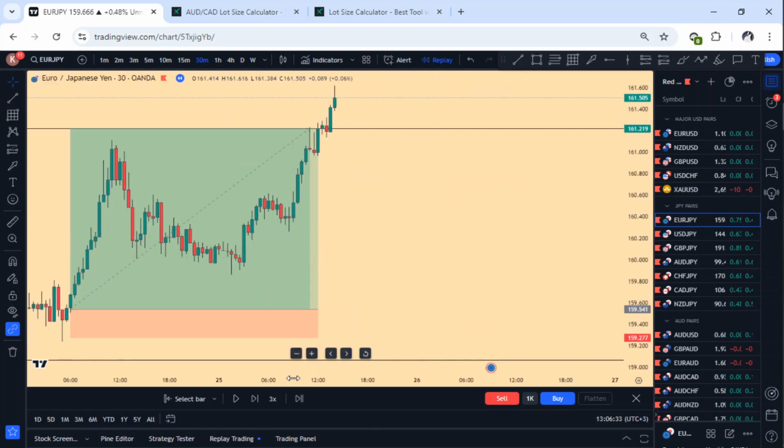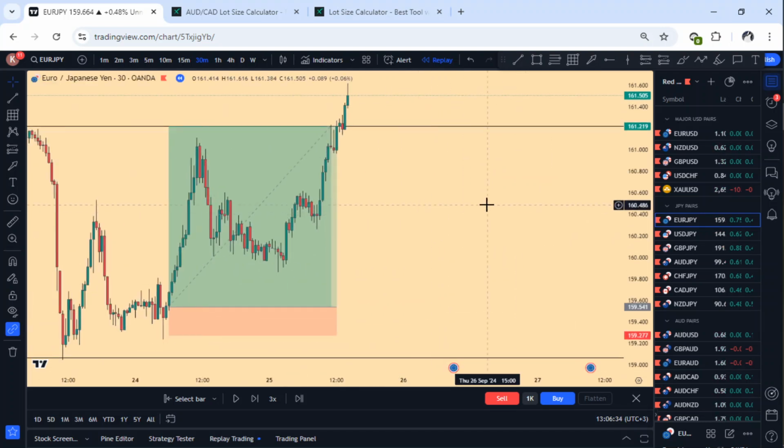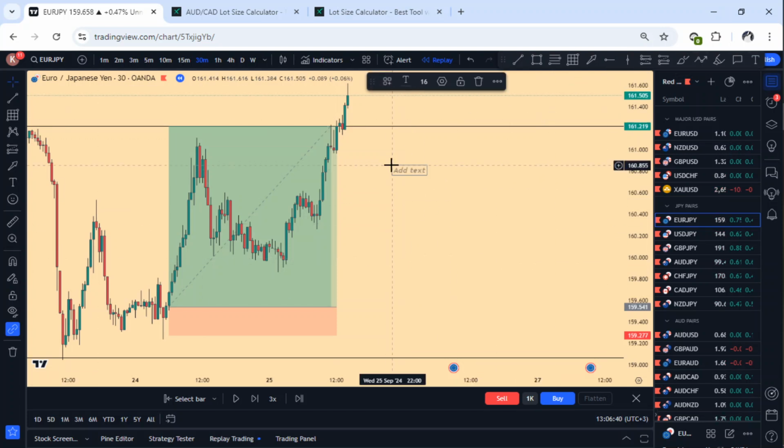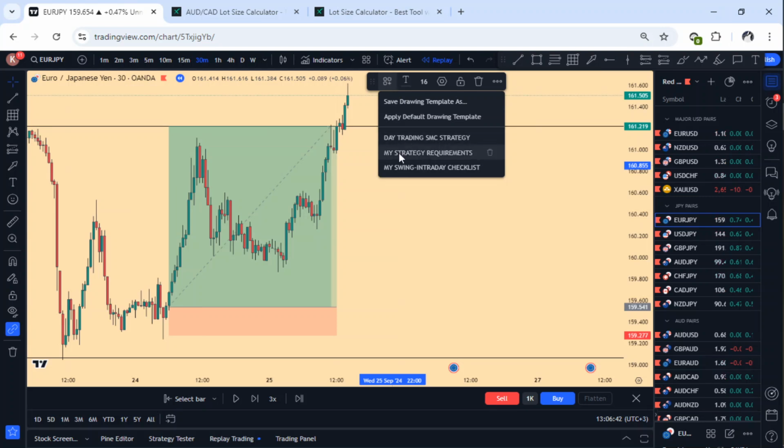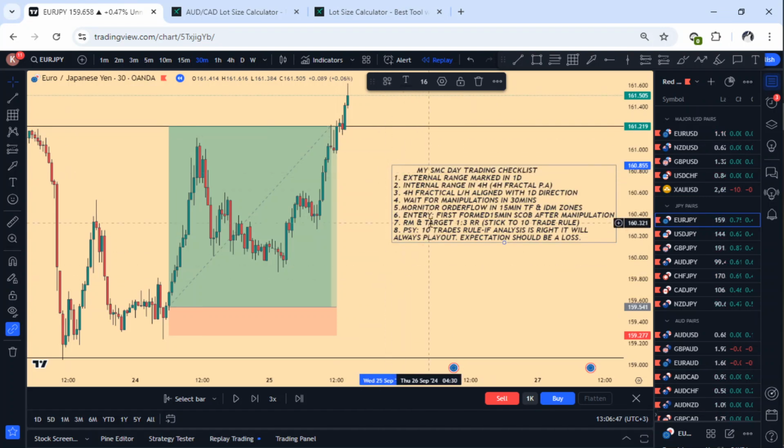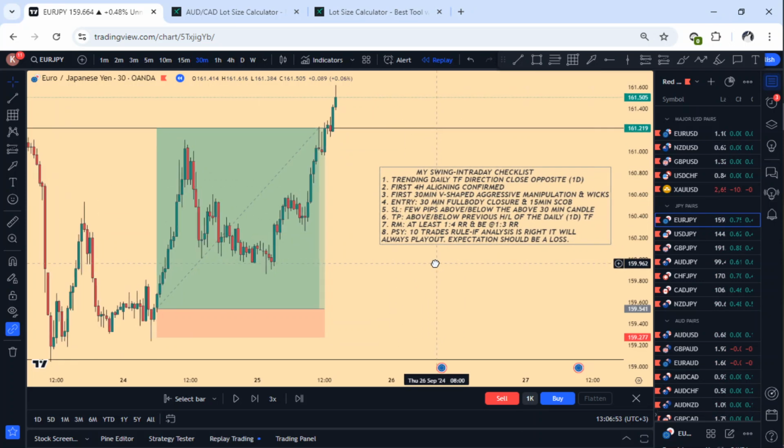So that is why this strategy, I call it intraday strategy. Provided you get it at the right time, you are good to go. So the strategy is very simple, and it has a checklist. I have two strategies, by the way. I have the trading strategy whose checklist is this, and then I have a swing strategy whose checklist is this,